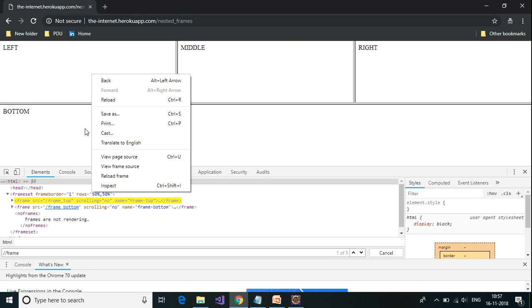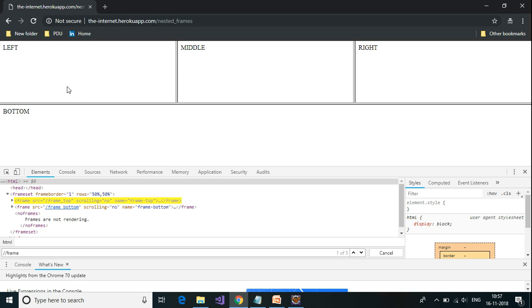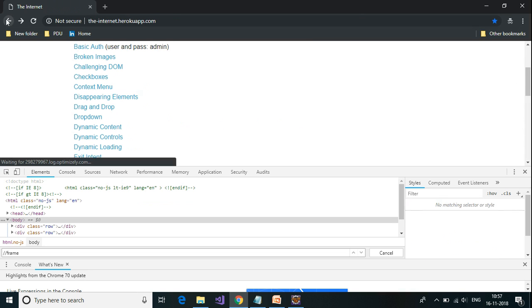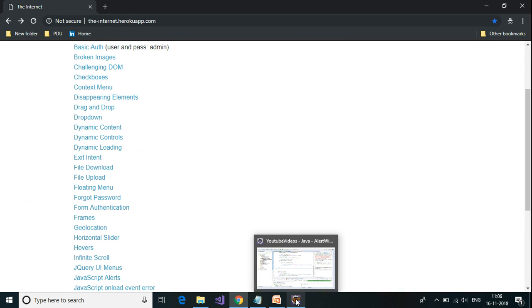Okay, so this view frame source will appear only if you have a frame available at the location where you have right clicked. Okay, so let us take a look at the example now. Let us flip over to